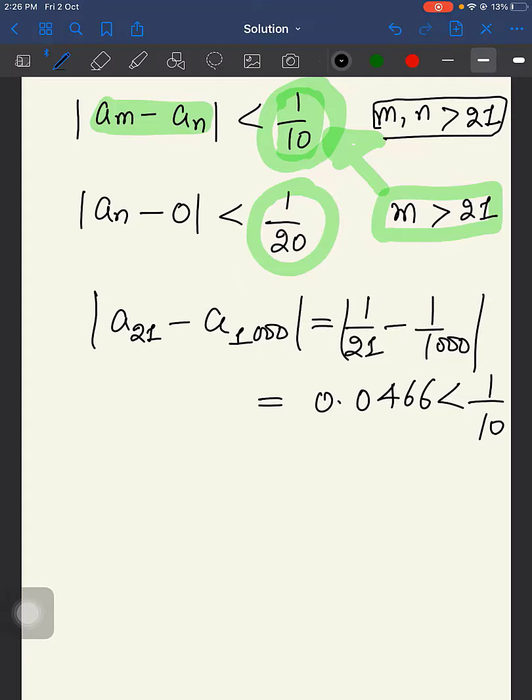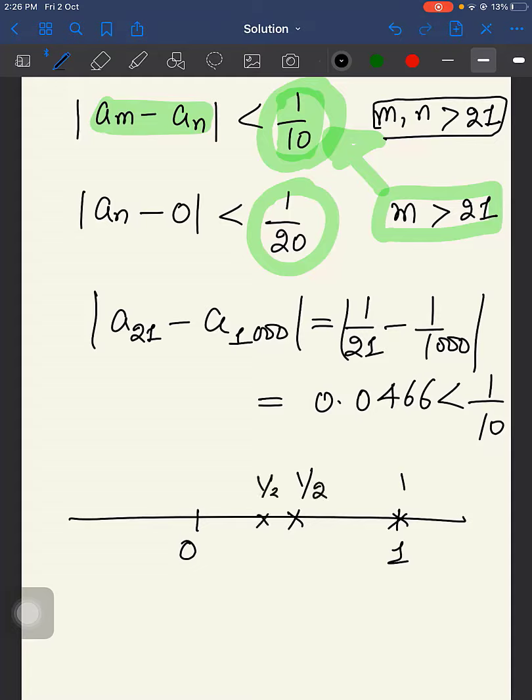So what exactly does it mean? It means that when you actually make a cluster, right? So let's say this is 0 over here, this is 1 over here. Again, pick the terms of the sequence 1 by n. So this is 1, and if you take n is equal to 2, this is half. n is equal to 3, 1 by 3. n is equal to 4, 1 by 4. And so on, the terms will be very close to 0. Now, if you pick any two terms here, the difference between these two terms can be made as small as we please. Since there is a kind of cluster, we can expect that the terms near the cluster are very close to each other. And that's what we have proved over there.